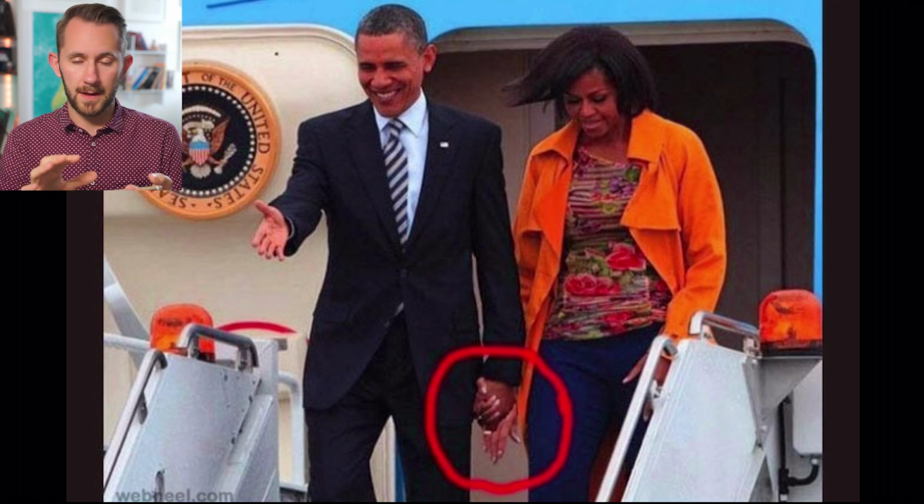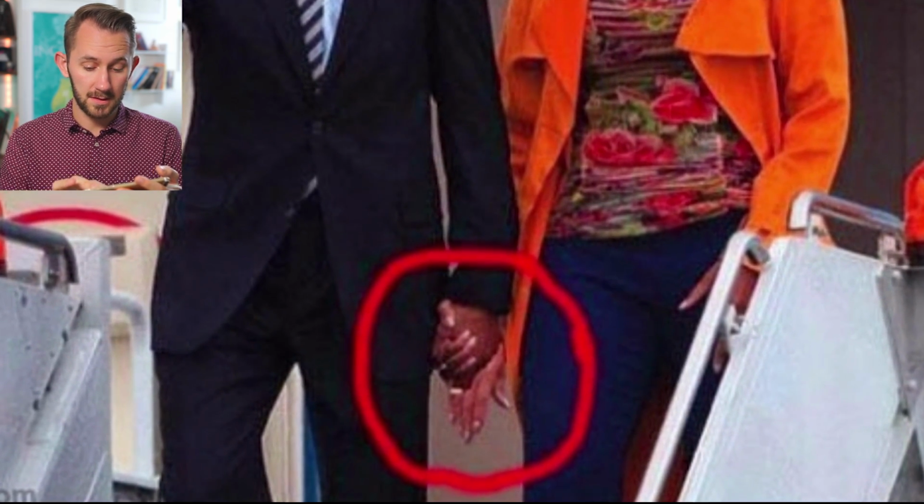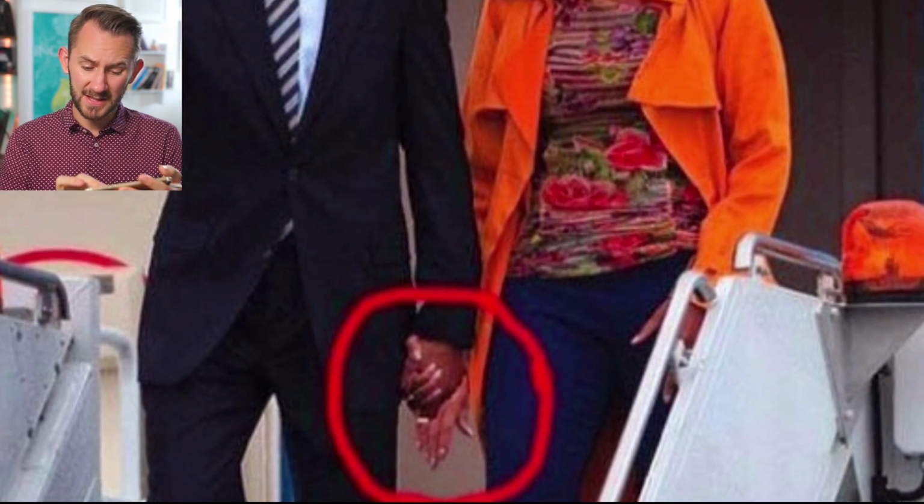This Photoshop fail kind of concerns me. It really does. You look down here and you see Obama is not holding his wife's hand. Whose hand is he holding? Could he be having an affair? Could he be conferring with Bill Clinton on how to do it best and get away with it? For those of you who don't know who Bill Clinton is,